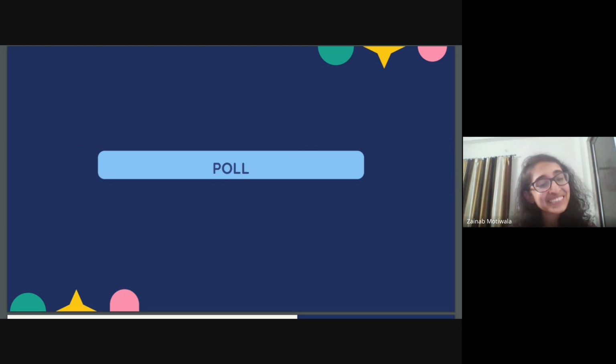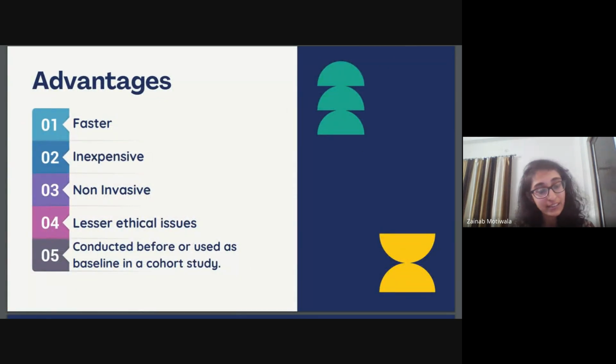Thank you all so much for participating in this poll. I see that a lot of you chose case control study design, but a cross-sectional study design can be used as a baseline for a cohort type of study design. A case control study design starts with disease, so we already have two populations, disease versus non-disease, whereas in a cohort, we follow patients for a period of time. Therefore, cross-sectional study designs serve as a very good baseline for cohort studies. Now we come to the next section, where we talk about the advantages of